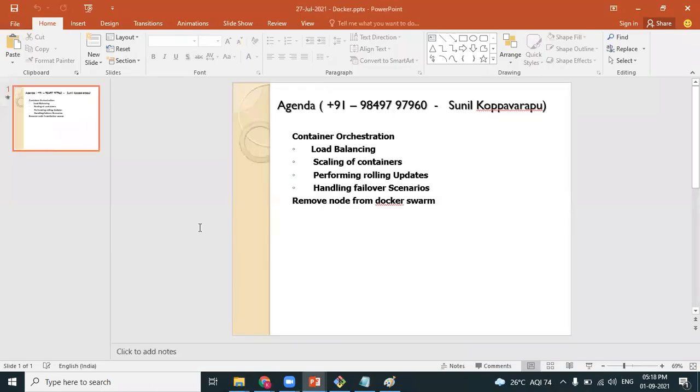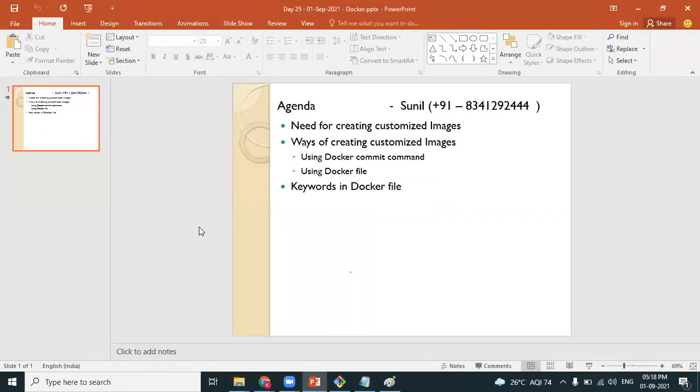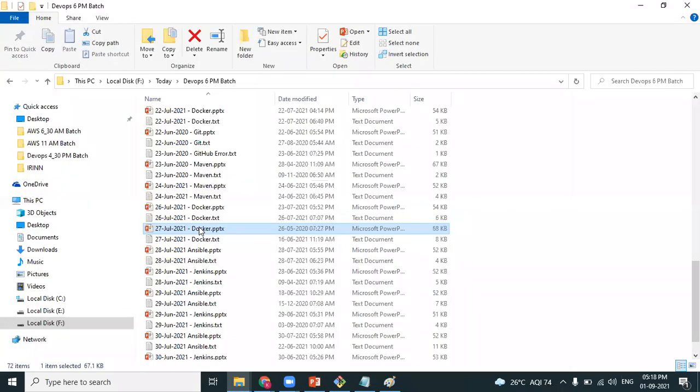Sunil, yes, so we can create customized Docker images using the Dockerfile. Then using Docker Compose we can build our 3-layer architecture, right? Yes, you can do that.